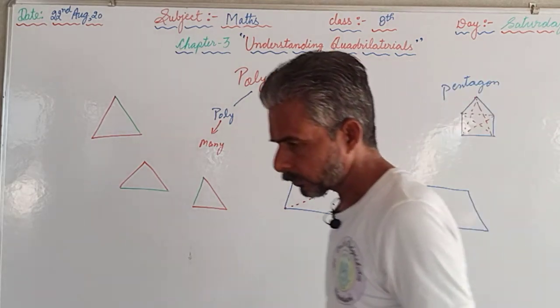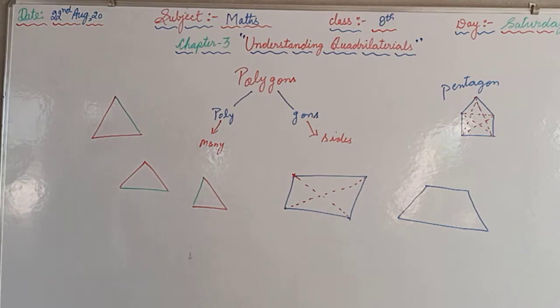So afterwards we are supposed to proceed to the exercise, that is exercise 3.1. The first question is there in which some curves, some figures are given. Out of this you are supposed to select. First one is a simple curve, second also, third is not there because we have to lift the pencil in case of 3, fourth is also not there because there is intersection, fifth is a simple curve, sixth is also a simple curve, 7 is also a simple curve, 8 is not a simple curve.